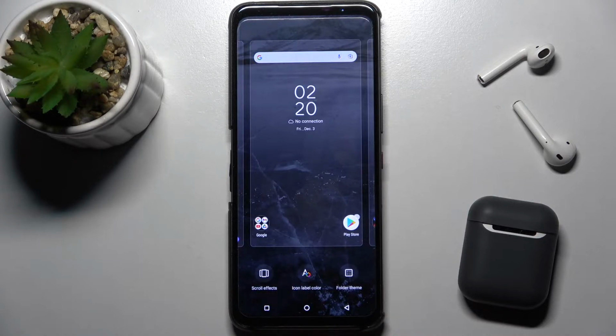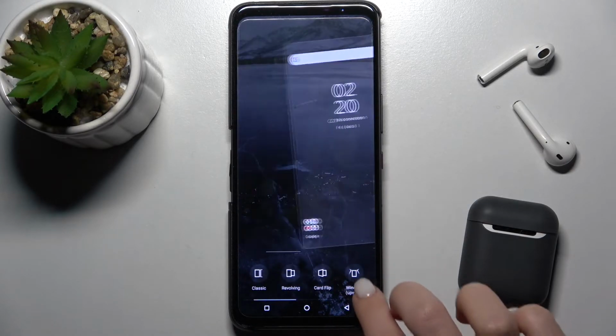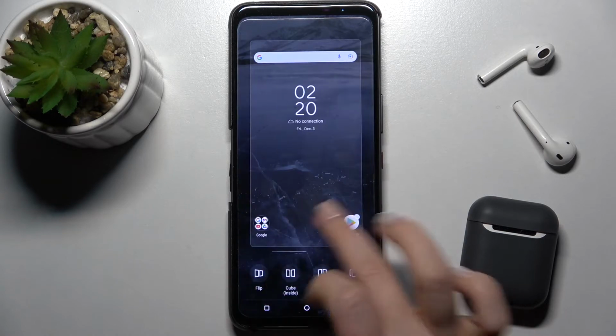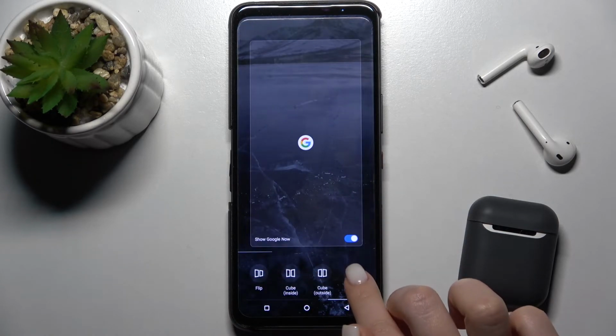Here in the left down corner you will see the scroll effects icon. Tap there, and now you can see and select one from these animations. And for example, I'll go with